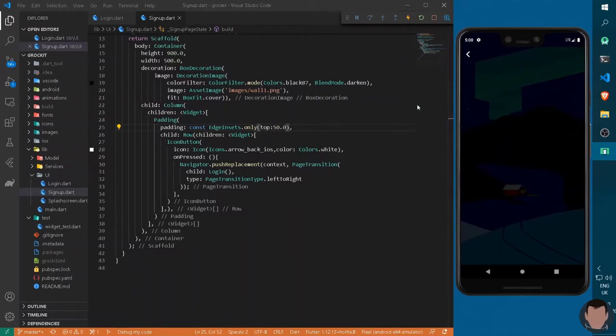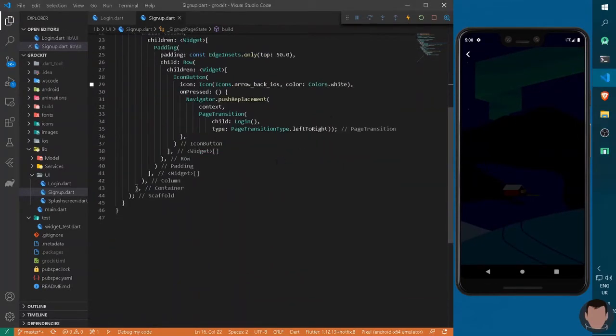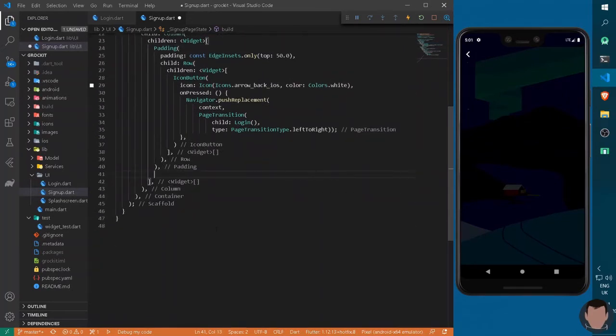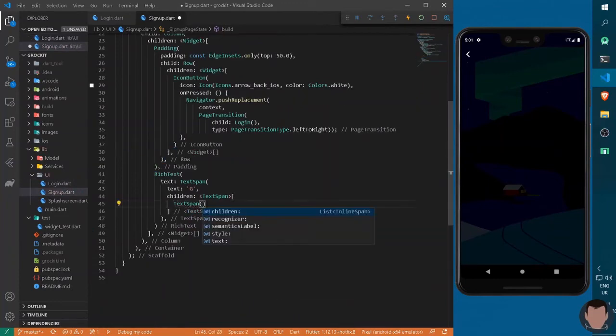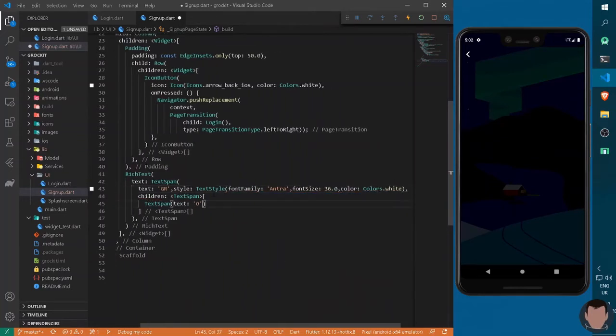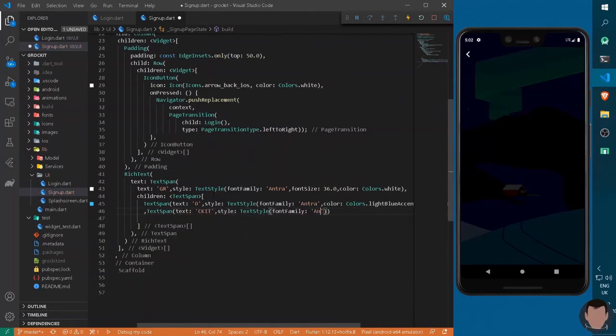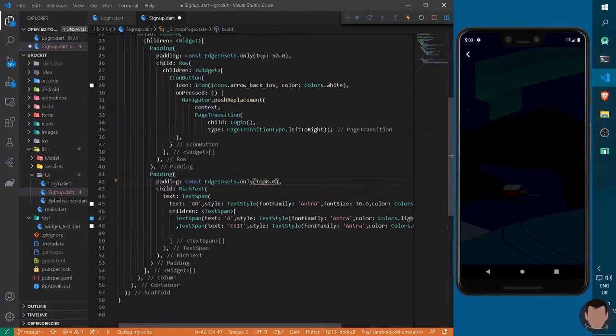So let's construct the other parameters to it. Let's have some text fields as well as a form. So I can exit out from this padding, and here I will give it a title. Let's say rich text. Now this rich text will have... okay, so we have the title of our application here.